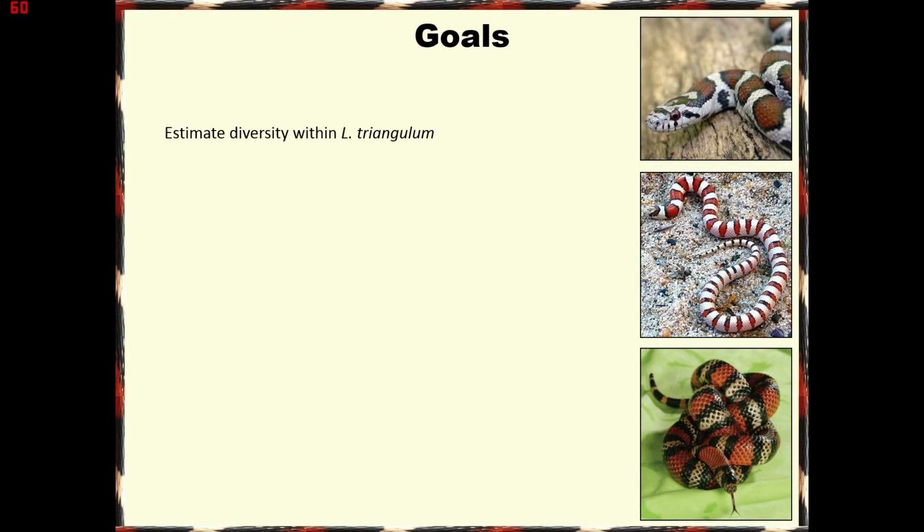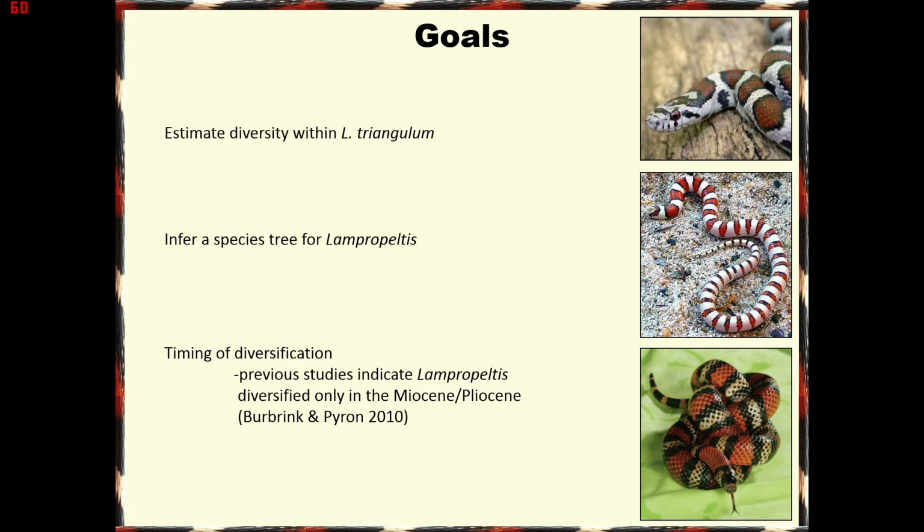And so the goals of this are, first, let's estimate diversity within Lampropeltis triangulum and figure out what's really going on here, and infer a species tree for the genus. And then we also want to look at the timing of diversification. Previous studies have indicated that Lampropeltis diversified only during the Miocene and Pliocene. This is somewhat counter to a lot of temperate North American taxa where Pleistocene glacial cycles have been important